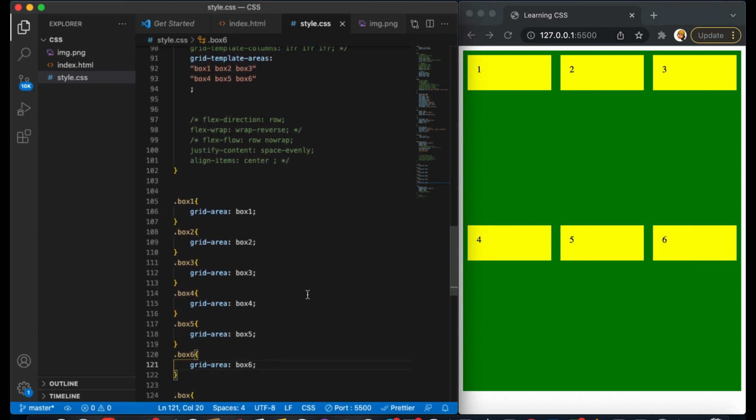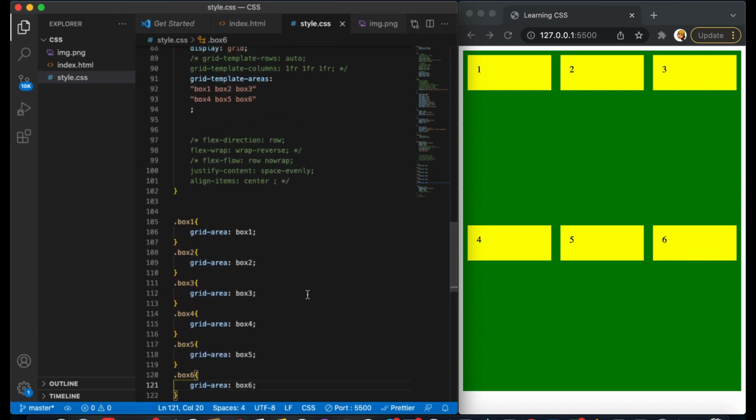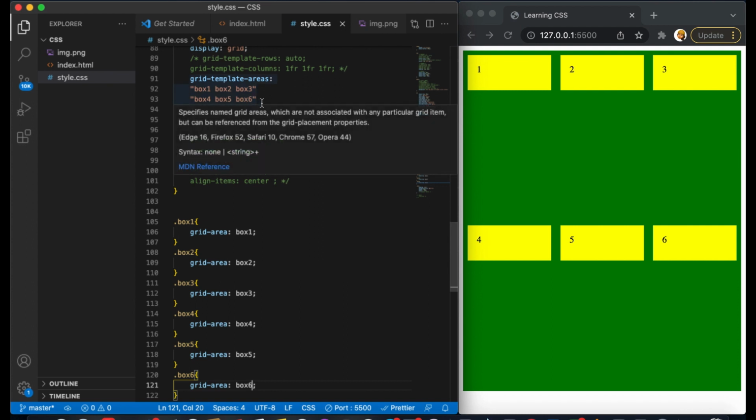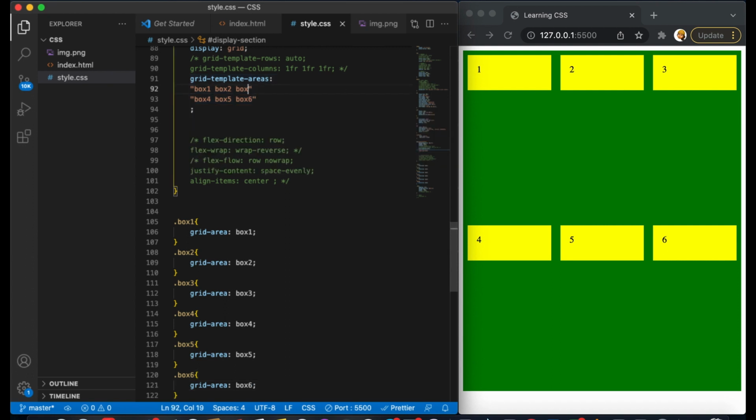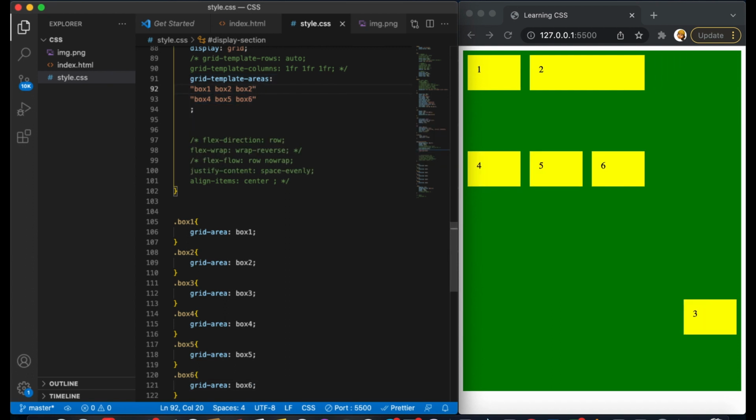Okay, so now that we've defined each grid area, in cases whereby I want to remove one of these boxes, I don't want it anymore in my grid content, I don't want it to follow this grid template area, I can just say, okay, I want block 2 to span from the middle to the end, so I can just change this to block 2. That way 3 will be removed and block 2 will take the space of 3. You can do that